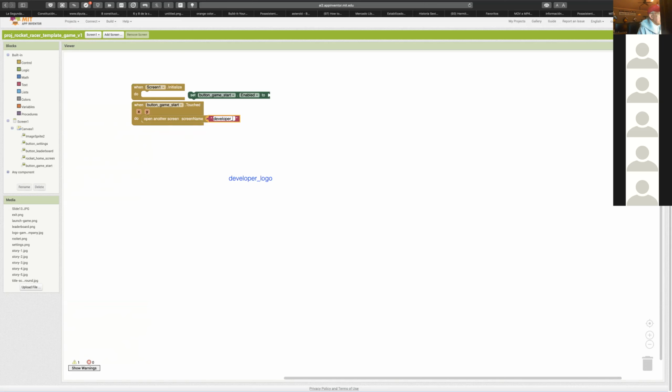Let me make sure that's correct. Save projects, my projects. Developer logo. Okay, so in theory, when we press this button, it should do that. These items, let's see, this we can delete, and this one is just if there's something we have to initialize. That's basically the equivalent of saying when we click the green flag. So we can delete it for now, but I just wanted to make sure that you guys saw that,